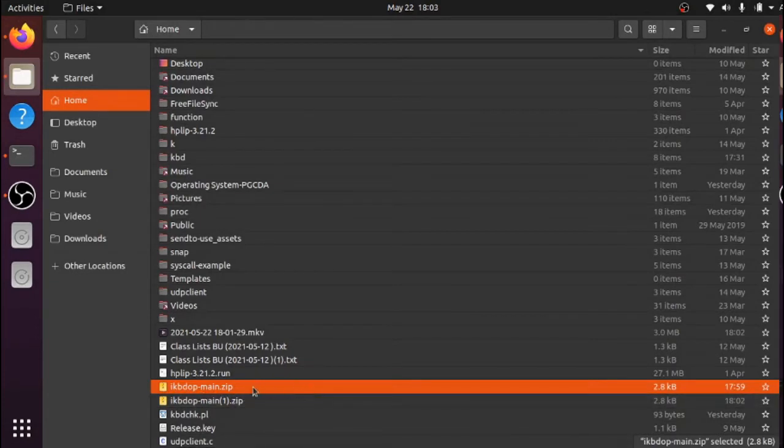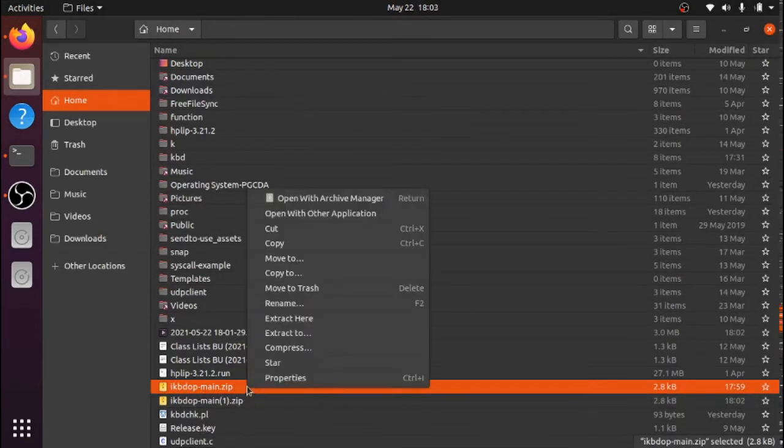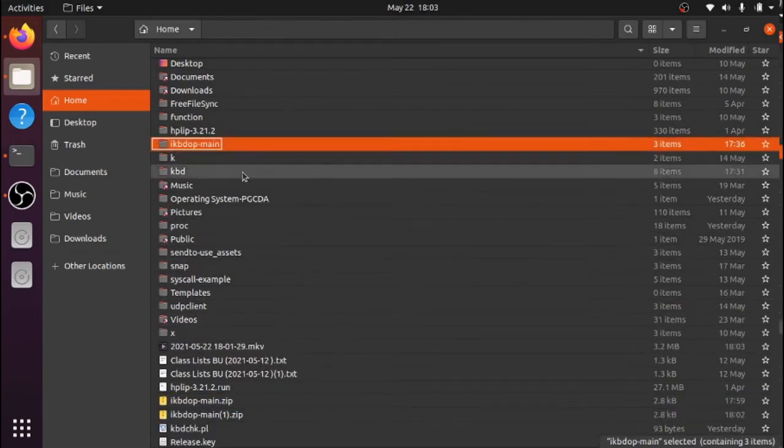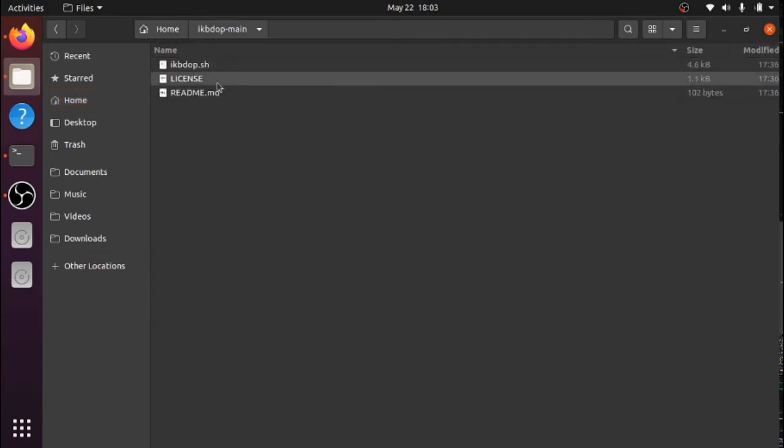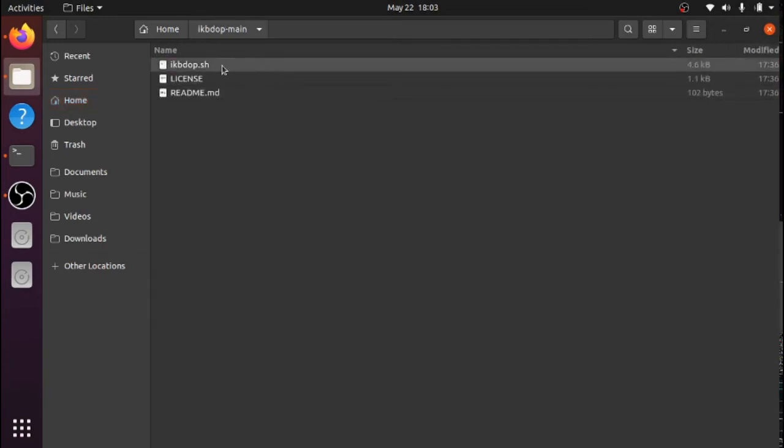All we have to do is right click on this and say extract here. Once you have extracted in this home folder, we can see this ikbdop internal keyboard operation main folder has been created. Just double click on it and you should see 3 files.